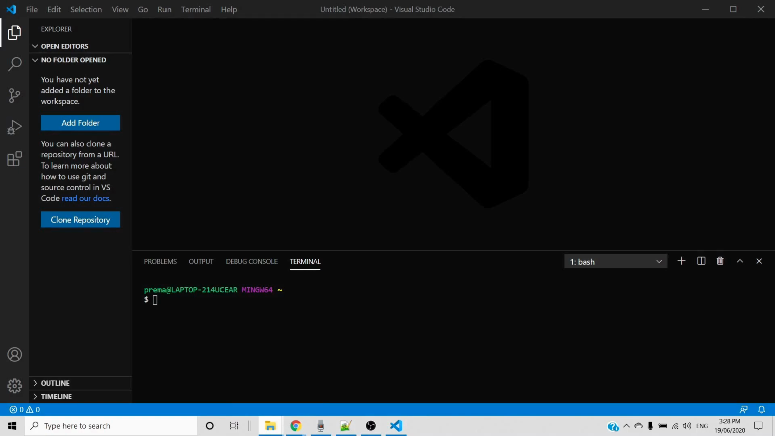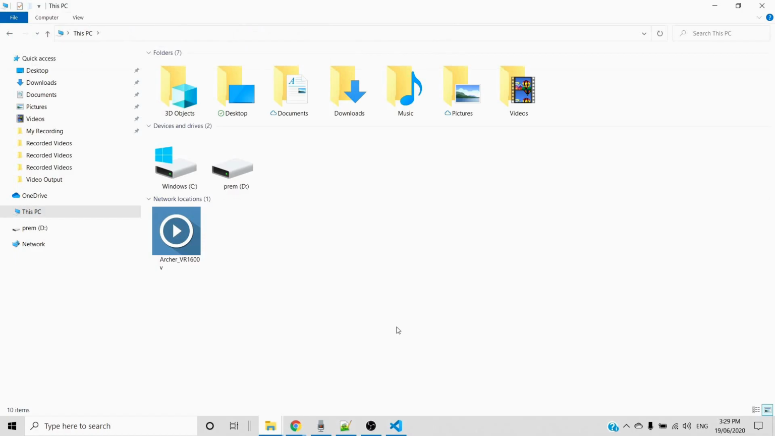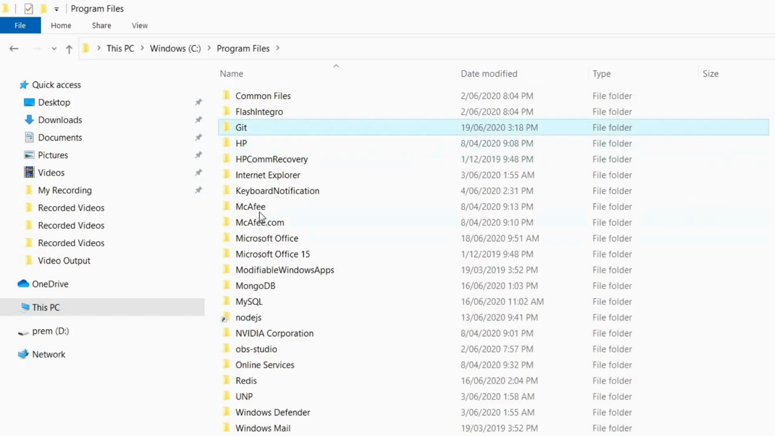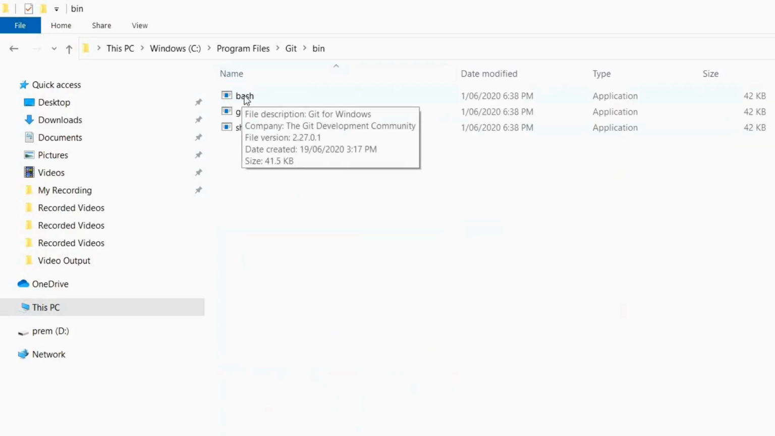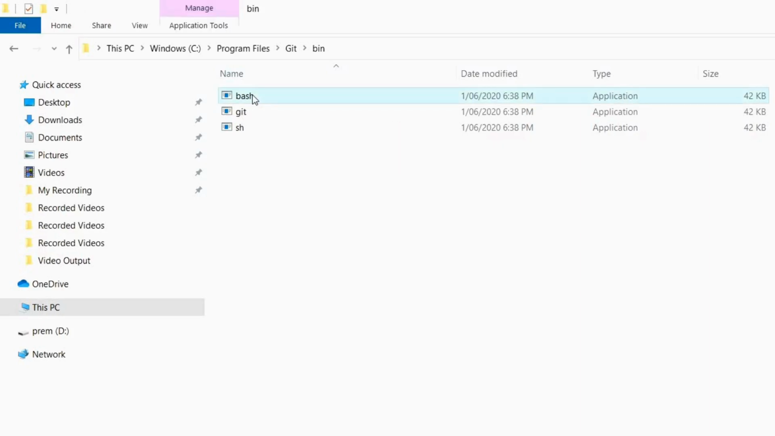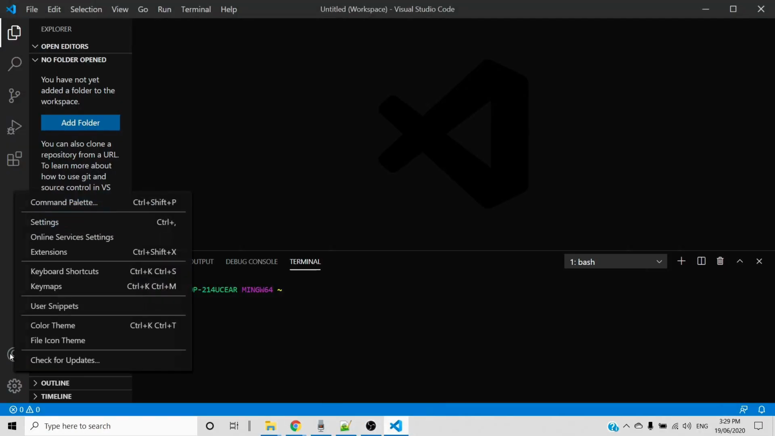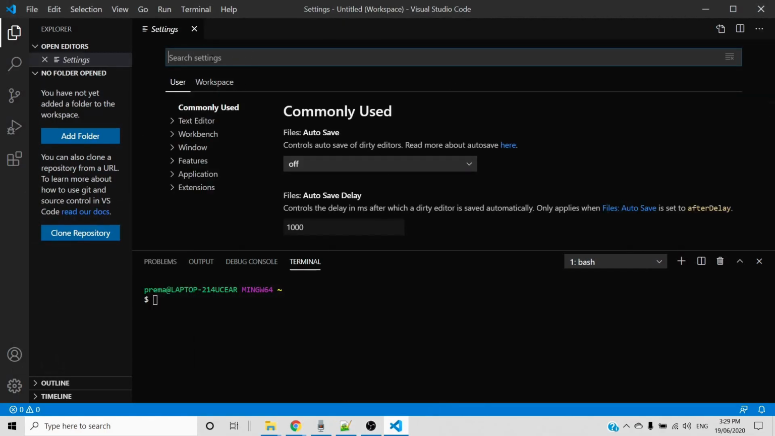First, go and grab the path of the Git Bash executable file. So open up the C drive, go inside the program file, find Git folder and go inside the Git folder and get into the bin folder. Here you can see Bash executable file. We need to provide the absolute path to this file in the VS Code setting. Copy the file path. Now go to the VS Code, click on the gear icon, click setting, search